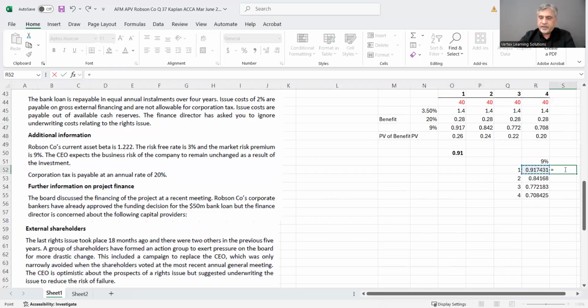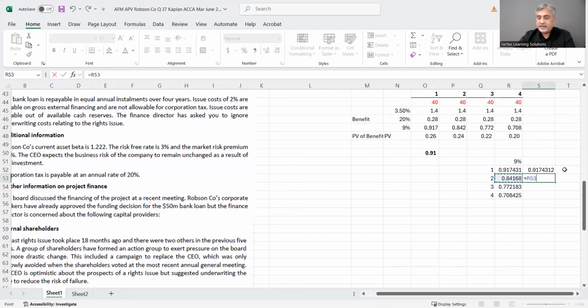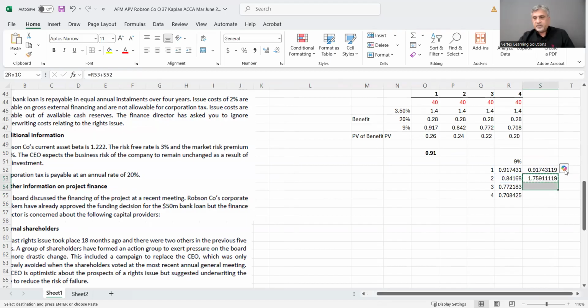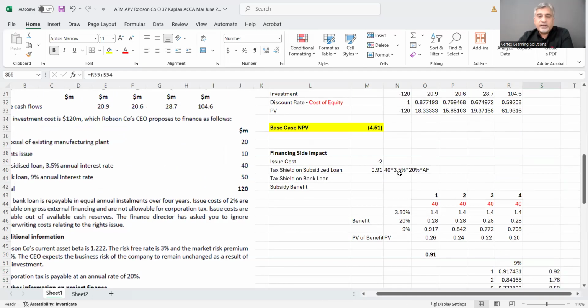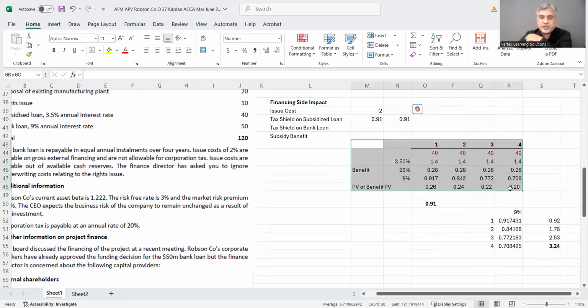And how do I get the annuity? Annuity is actually like you are adding up for all the years. So my 4-year factor comes out to be this one, 3.24. This is my annuity factor, 3.24. So I have to multiply it with 3.24. Now, if I put an equals to sign here, it gives me the same number, 0.97. So instead of doing this entire long calculation one by one, which nobody will do,